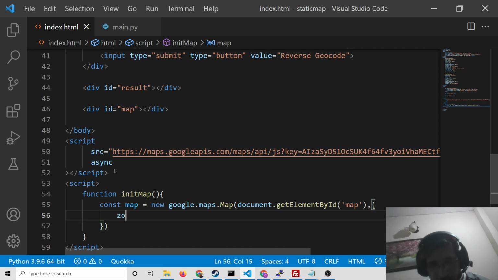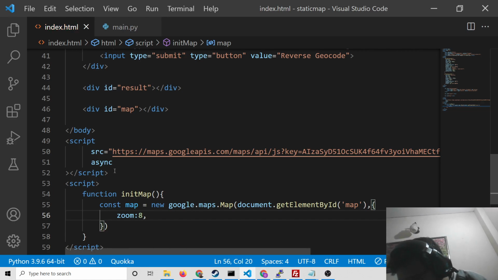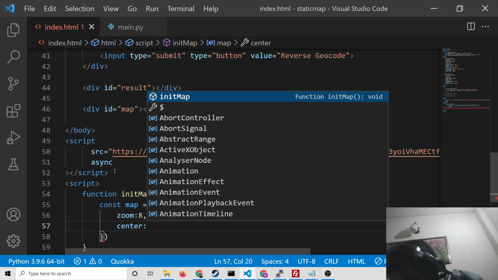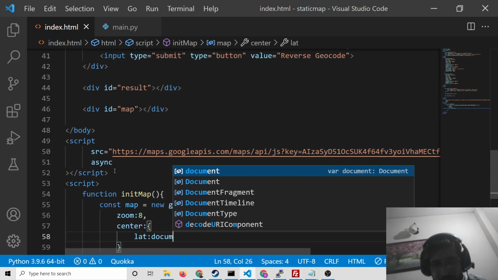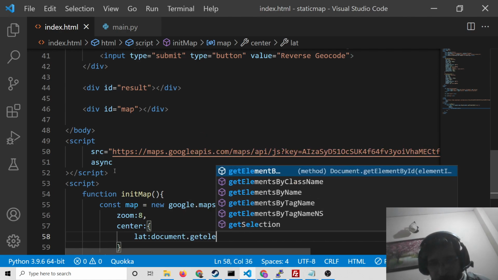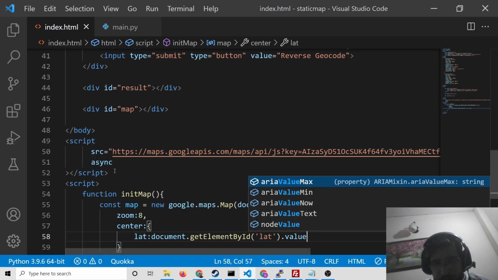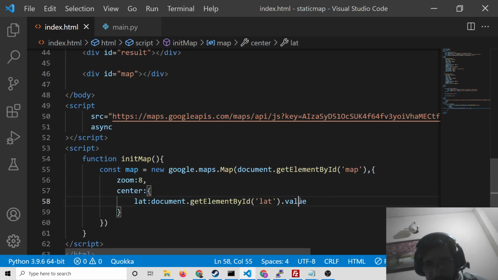Here we need the zoom property, which we will set to 8. You can change the zoom to any value of your choice, and then we will say center. Here we provide the center coordinates, which is latitude. We could use document.getElementById lat and the value attached to it, since we have given the latitude input. Oh sorry, we need to provide it manually.